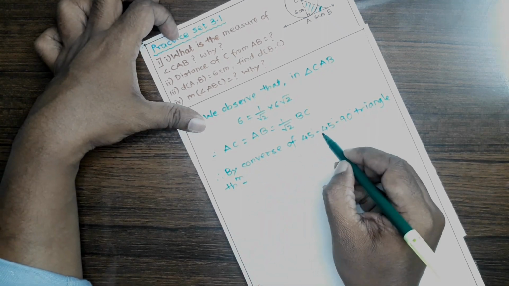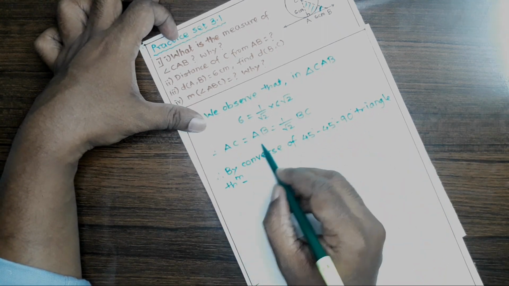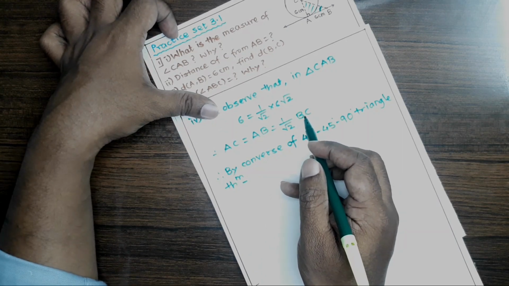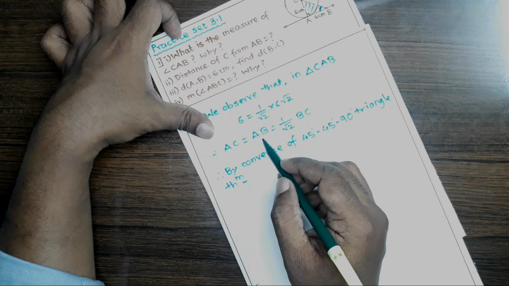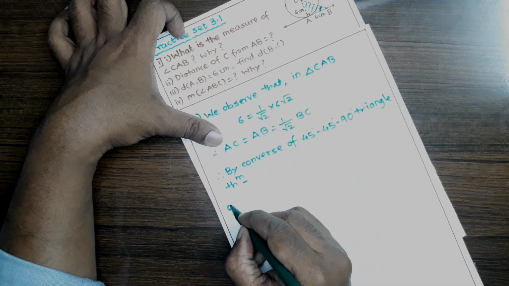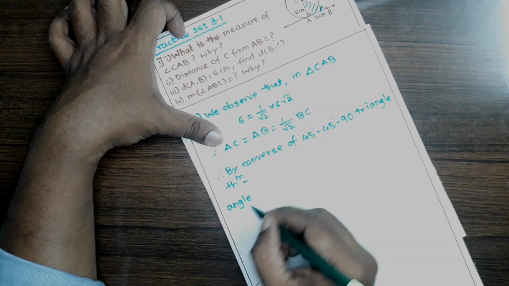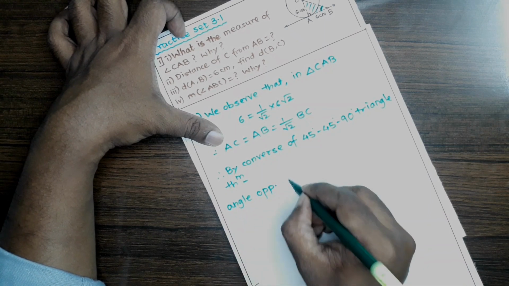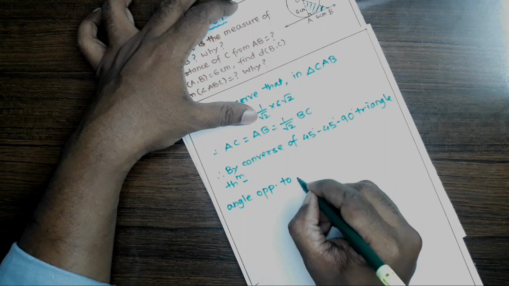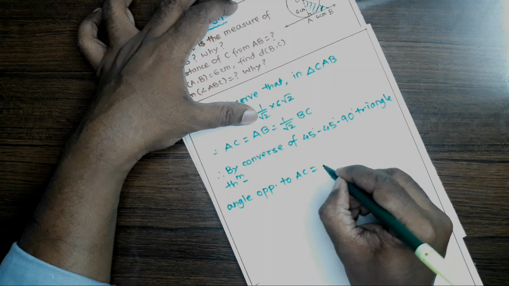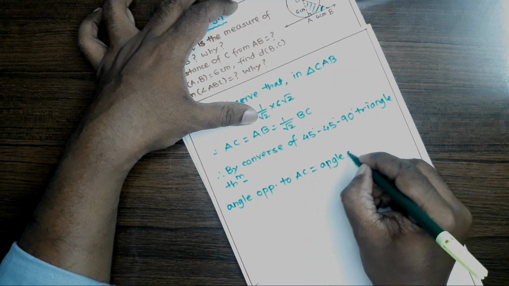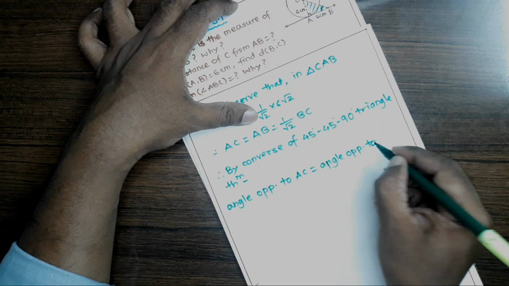By converse of 45 45 90 degree triangle theorem, if the sides are 1 upon root 2 times of the remaining side of the triangle, then the angles opposite to those sides are of 45 degree. So we can write here, therefore angle opposite to AC and AB is of 45 degree. Angle opposite to AC is equal to angle opposite to AB